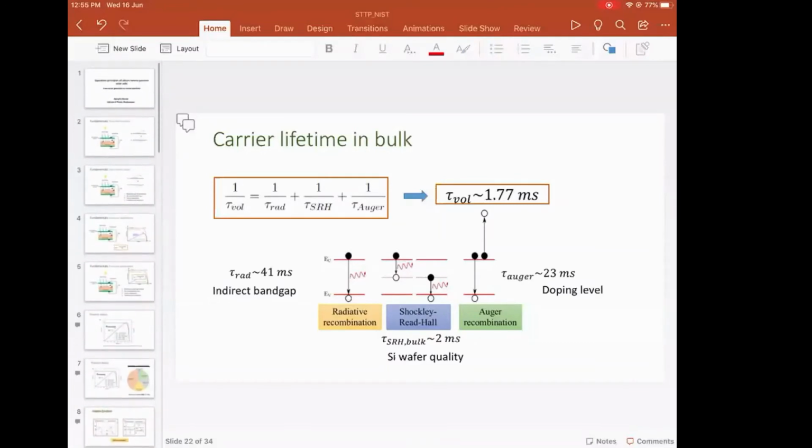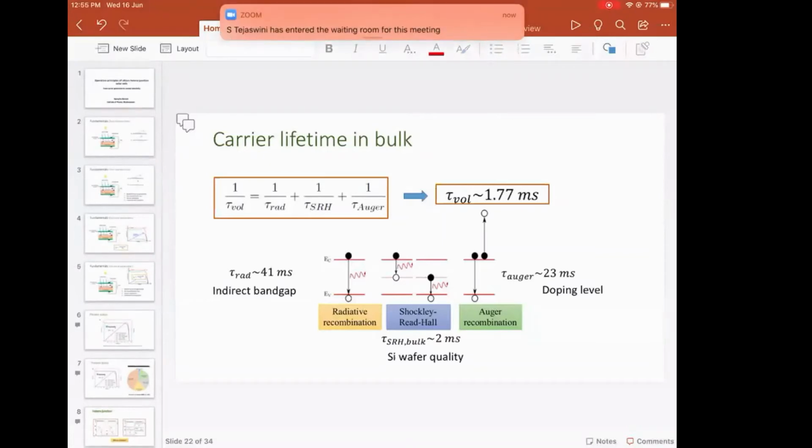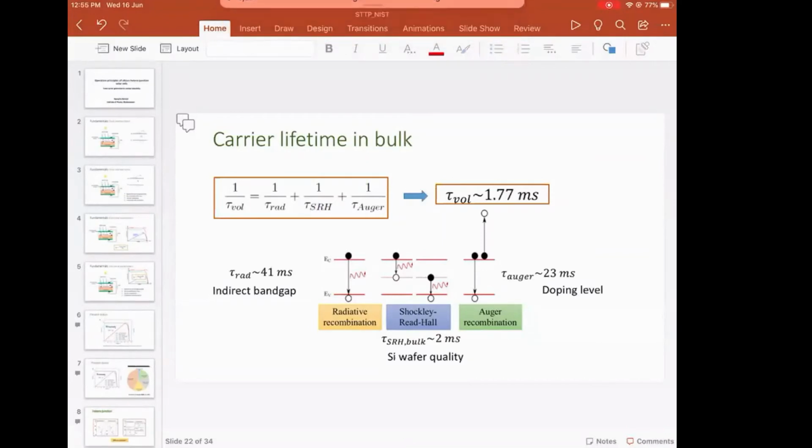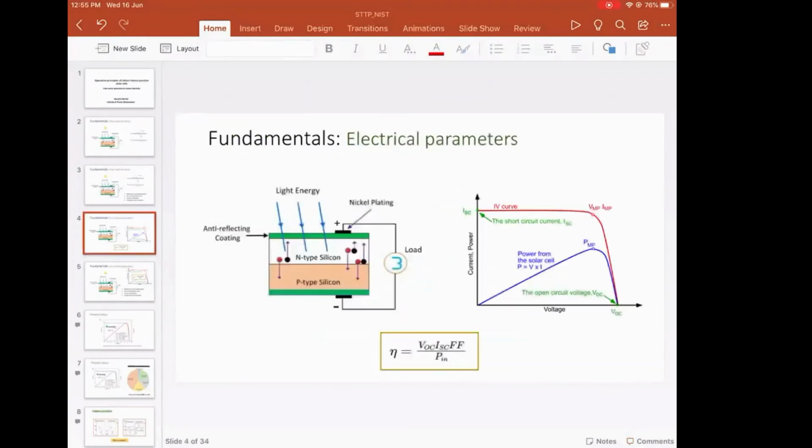So you just said that you are improving the lifetime. Do the characteristics of the solar panel increase? Yeah, the efficiency increases. If we can keep the lifetime of the photogenerated carriers high, the efficiency increases. More specifically, it improves your open circuit voltage. We will discuss this in detail in my next session. So the high lifetime of your photogenerated carriers improves the open circuit voltage of the solar cell.